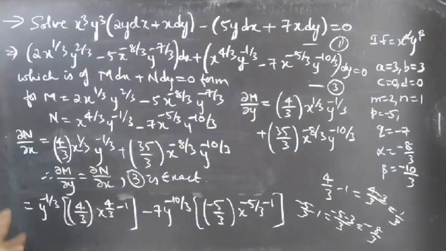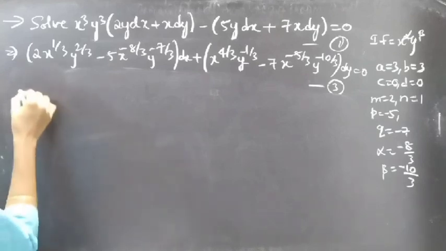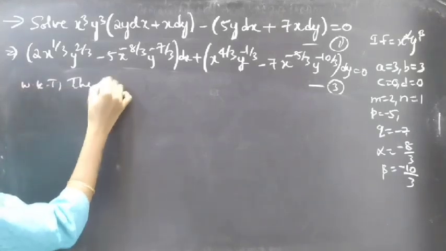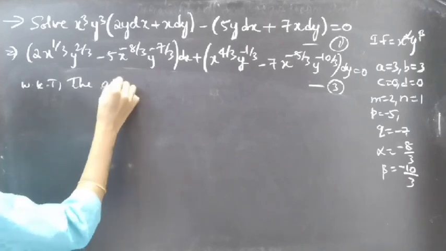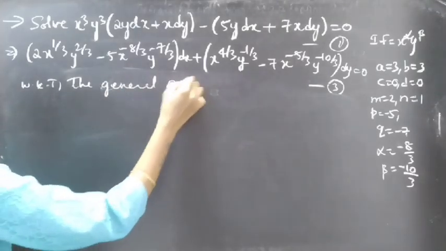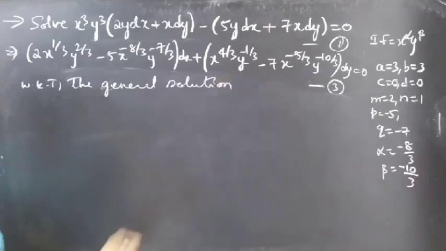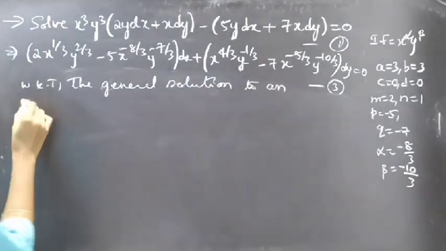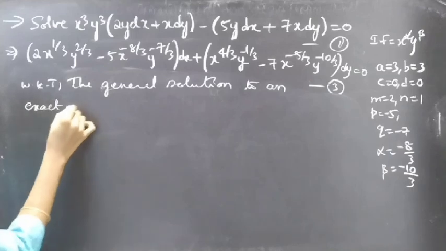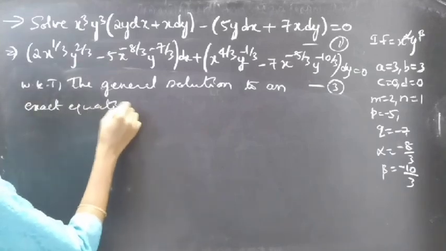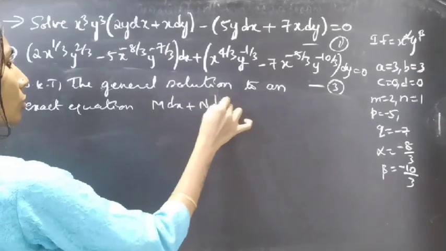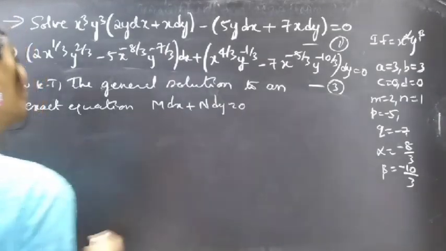So now coming to the general solution, we know that the general solution to an exact equation which is of the form M dx plus N dy equal to 0 is given by